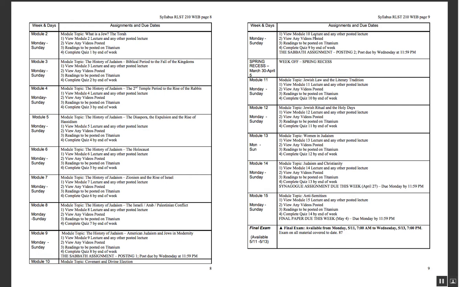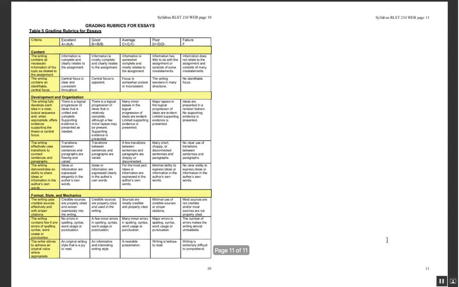And then after that, pretty much around the spring break, once we come back, starting here with Module 10 and Covenant, we're going to be talking about some different topics. That's right before spring break. But we're going to be talking about some specific topics in Judaism for you to understand it better, some things that are pertinent to the tradition and the people. And that's what we'll do throughout the rest of the semester. And then, again, final exam, the 11th of May.